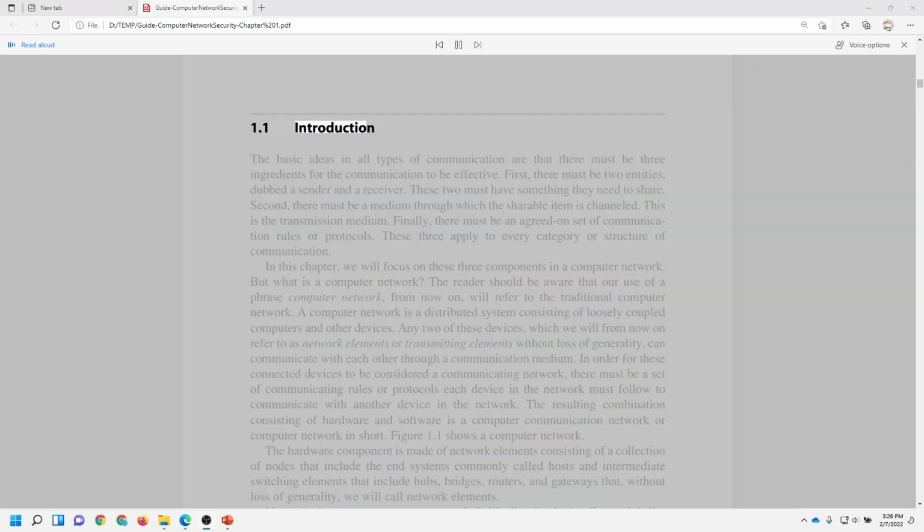Introduction. The basic ideas in all types of communication are that there must be three ingredients for the communication to be